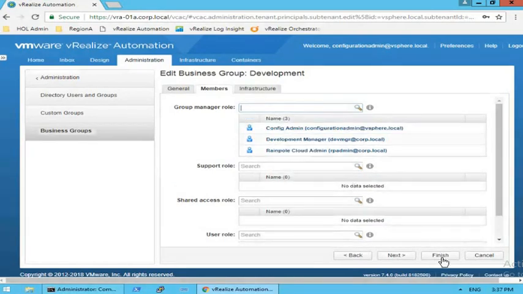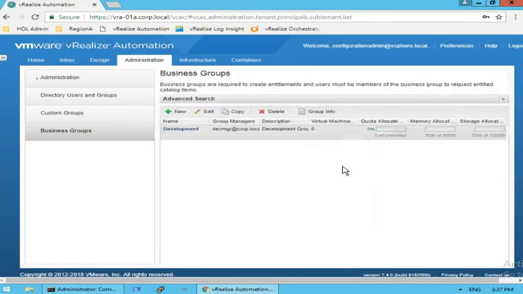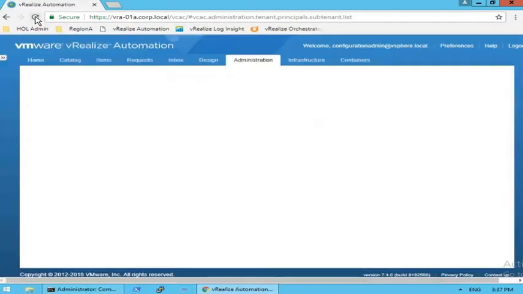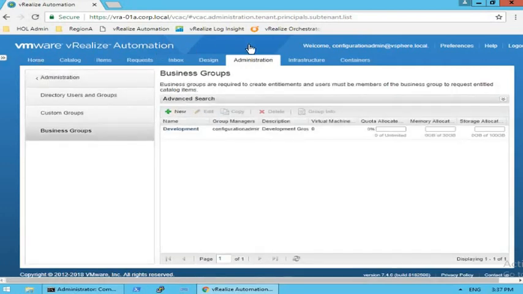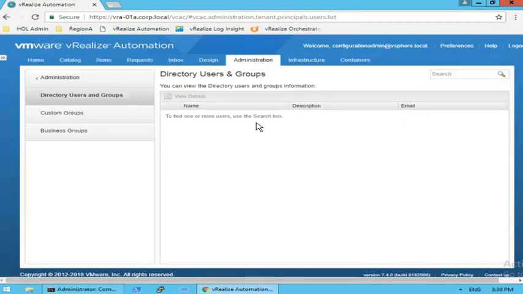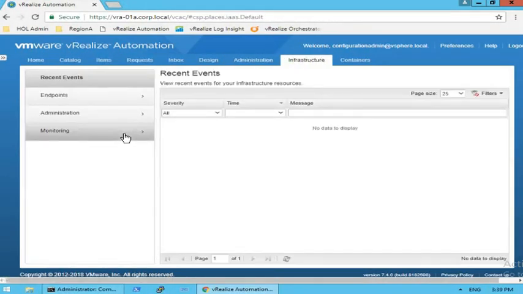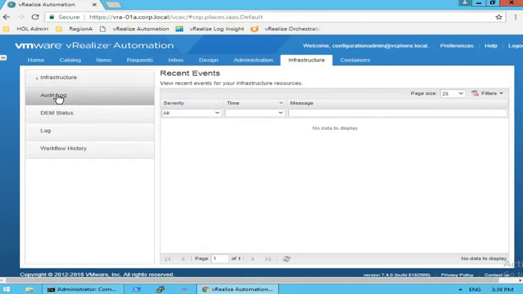Okay, so let's click on Finish. Now let's click on Refresh, and we can see all the tabs are present on our self-service portal. Now to discuss our topic, let's go to Infrastructure tab, go to Monitoring tab, and here the first one is